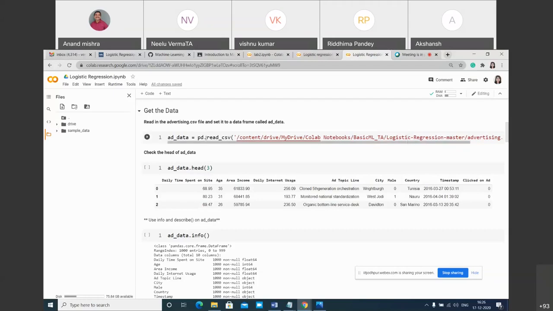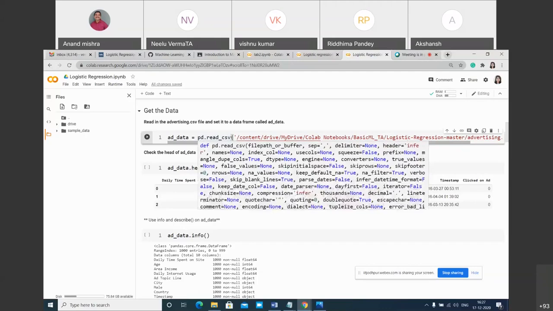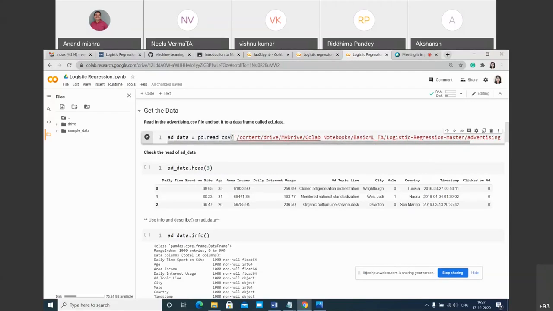Pandas, as I already told you, can import any data set. So this is using pandas read_csv, a function available in pandas. It is importing this data set from this directory, so this data set is available on this drive. Okay, so if you want to check your records,